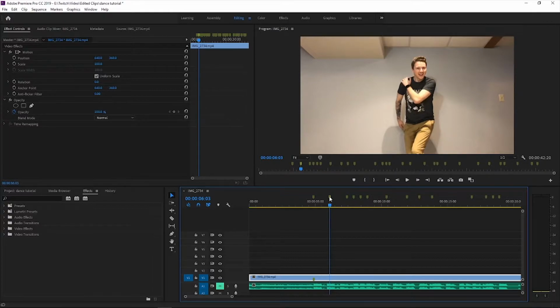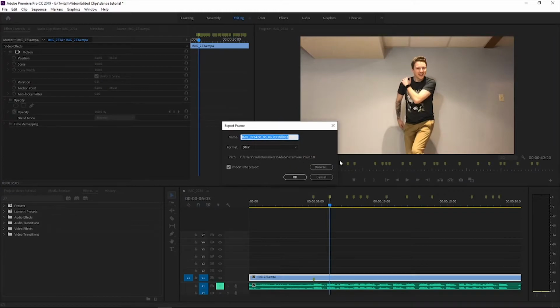So first thing you do is go to a point like this where you're making a real good looking face, and then I'm going to hit export frame, which is Control-Shift-E. All this does is create a still image. This is the easiest way I found how to do it. I'm sure there's other ways, but it creates a still image, and you just want to make sure that it's